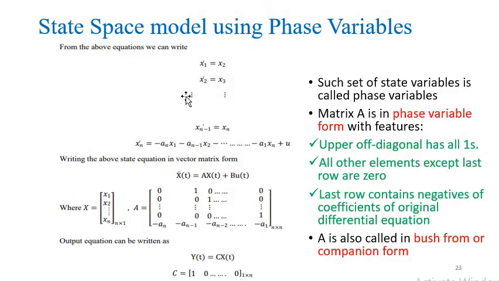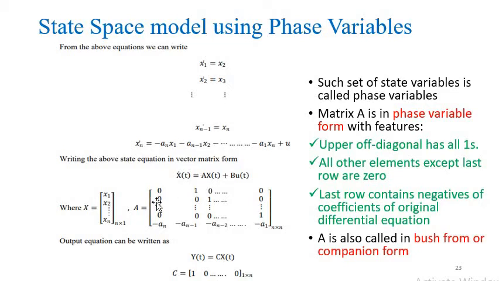Now, the same equations can be rewritten as x1 is equal to y, x1 dot is equal to x2, x2 dot is equal to x3, etc., x n minus 1 dot will be equal to xn. On rewriting the equation, you will be able to write xn dot is equal to minus an x1 minus a n minus 1 x2 minus etc. minus a1 xn. Now all these equations are the first order differential equations of all the state variables. N state variables are there varying from x1 to xn. So these are the first order differential equations of all the state variables.